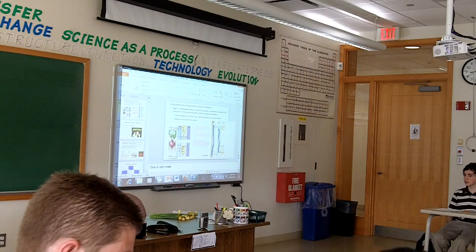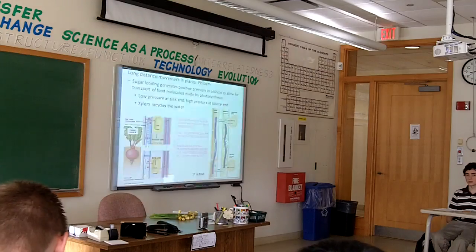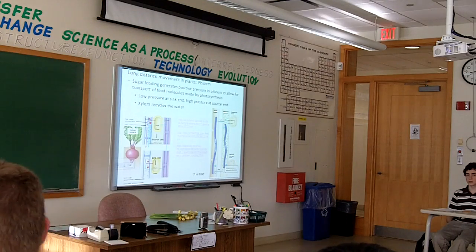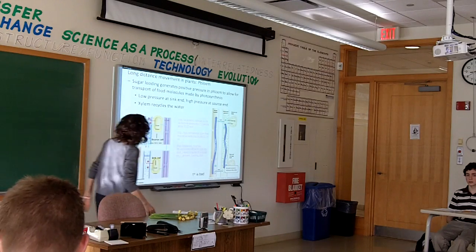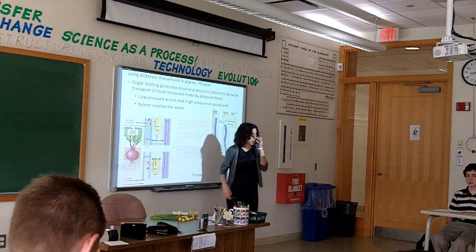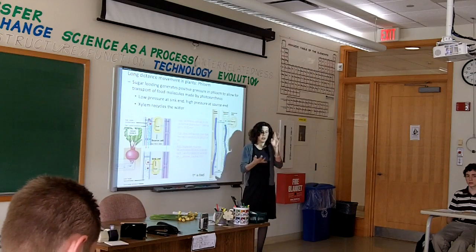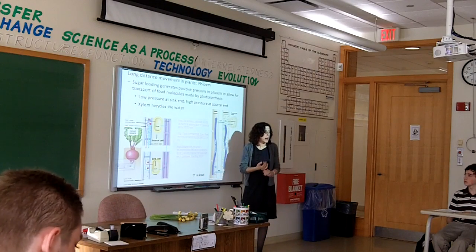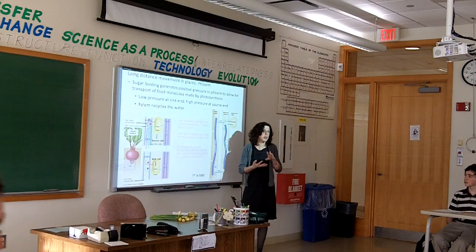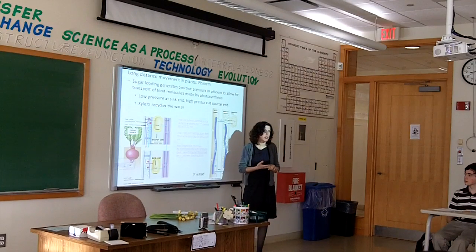Alright, so I actually wanted to go back a little bit because I found a better video that explains pressure flow. Alright, so last time we talked about plant tissue. So we talked about ground tissue, dermal tissue, and vascular tissue. We talked about the 5 kinds of plant cells, which are, what are they? Parenchyma,